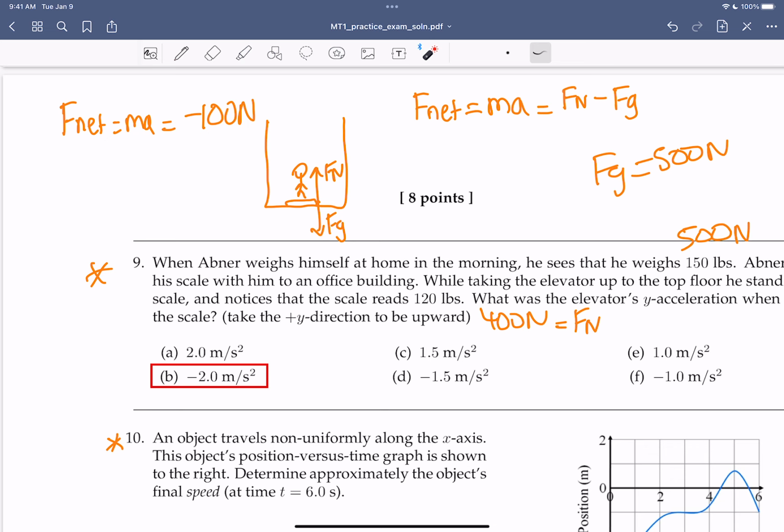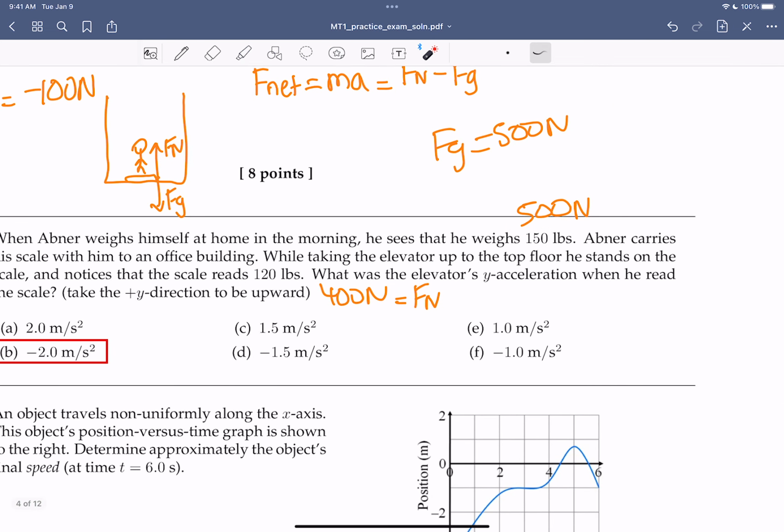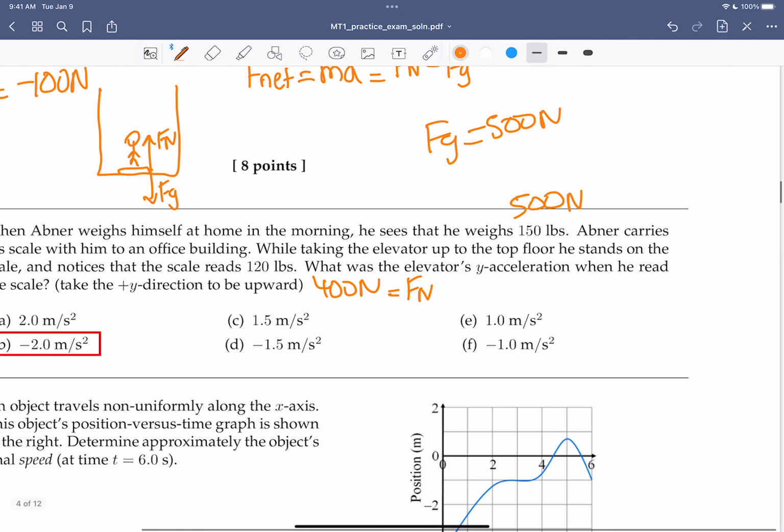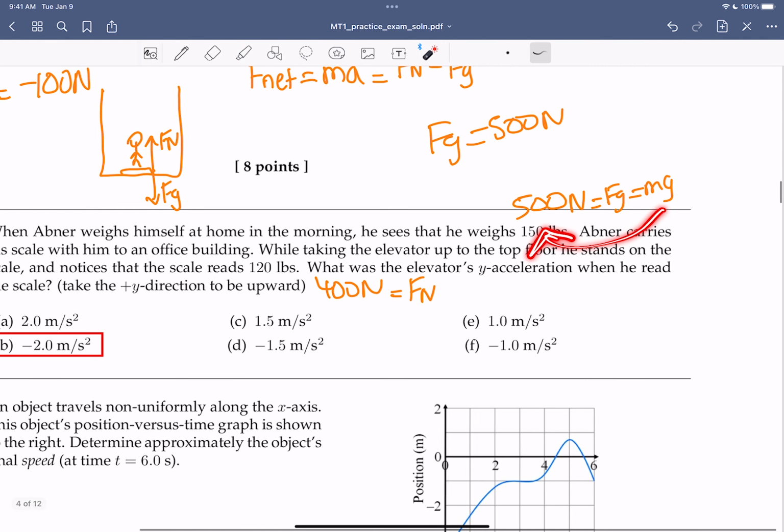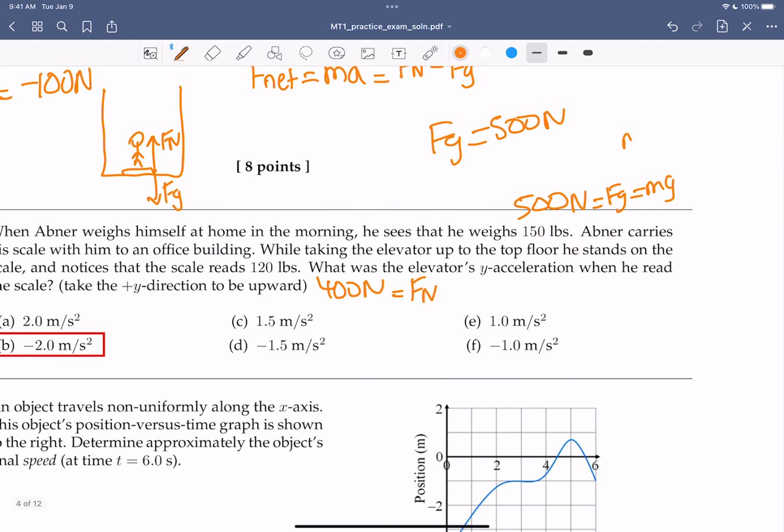And so going back now, we need to find out our acceleration. We can figure out our mass, right? Because we know that the weight is 500 newtons. So we know that this is equal to Fg, this is equal to mg, right? g is 10 meters per second squared. If we divide 10 over, we should get a mass of